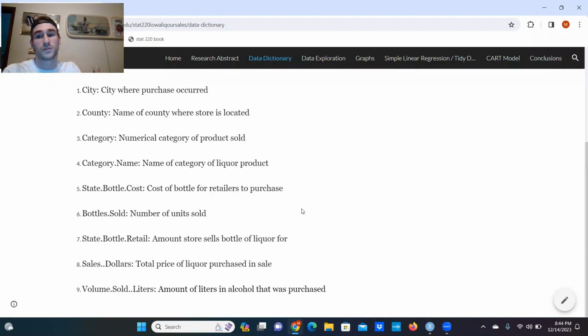Bottles sold refers to the number of units sold. State bottle retail refers to the amount the store sells the bottle of liquor for. Sales in dollars refers to the total price of liquor purchased in a sale. Volume sold in liters refers to the amount of liters of alcohol that